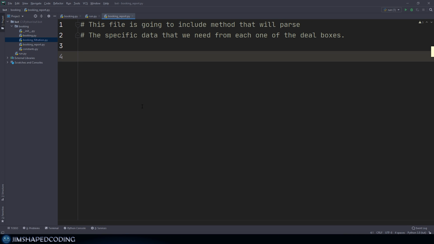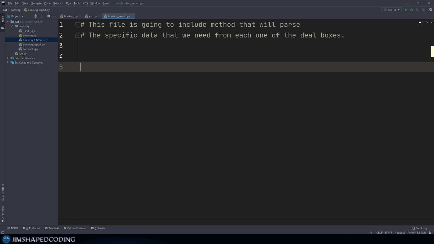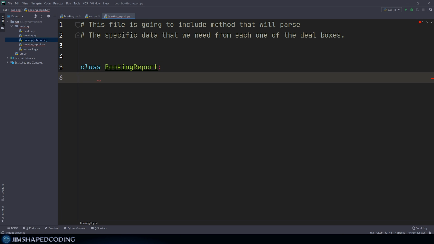Alright, so down here we are going to have a class that is going to be responsible to have some methods that will start to display the data that we need in a nice table. So I'm going to start by saying class BookingReport, and then this will not inherit from anything, so we are ready to straightforwardly receive something inside our